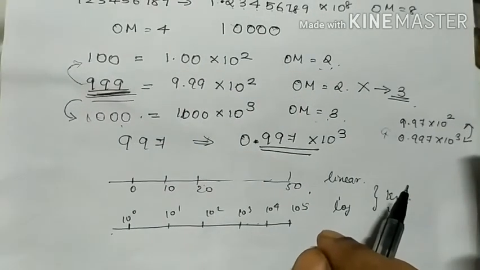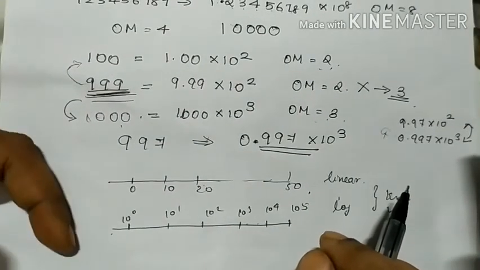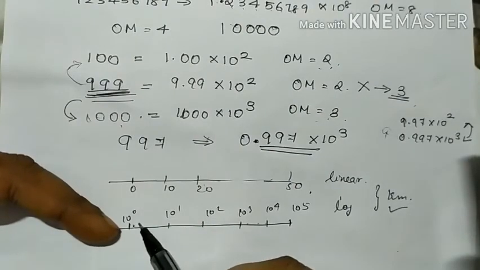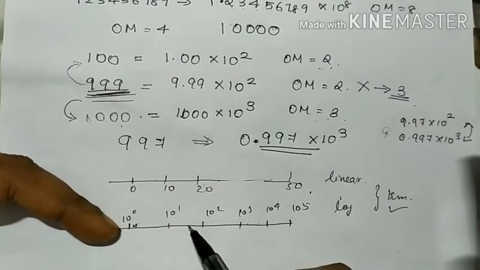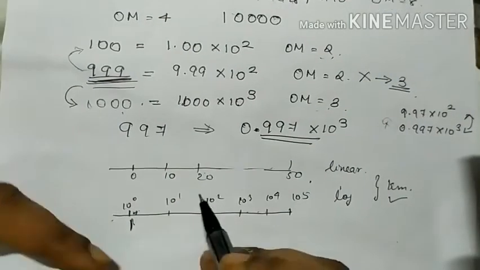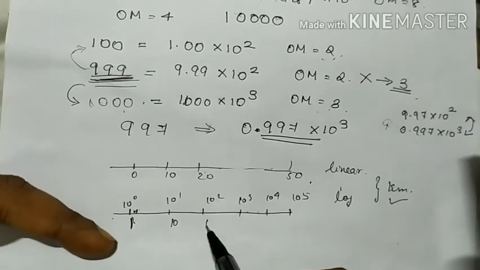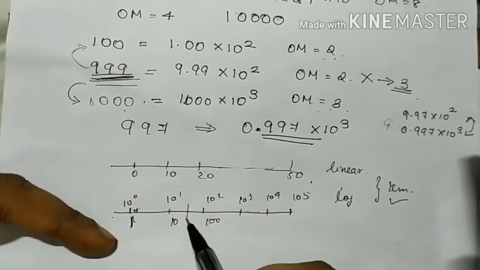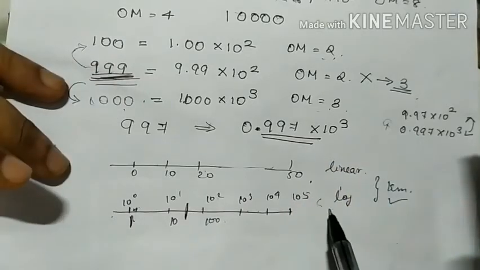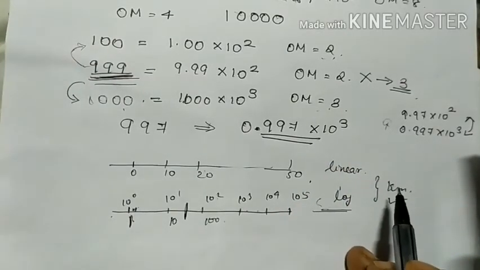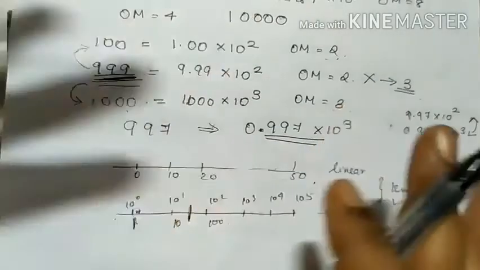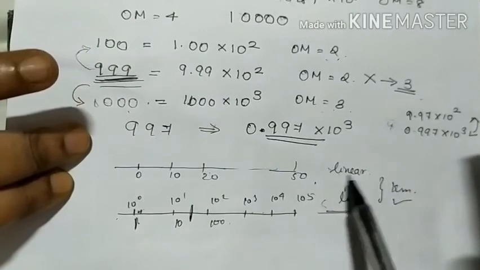See, suppose 20 kilometer, right? 20 kilometer means it is 10 kilometer, then 20 kilometer will be quite close to this one, right? So this is 10, sorry, I'm sorry guys, this is 10 and this is actually 100. So 20 kilometer will be in this region. I can get an idea, right? So log scale can be used for both smaller distances as well as larger distances, whereas a linear scale,